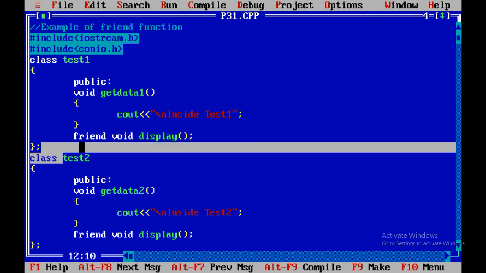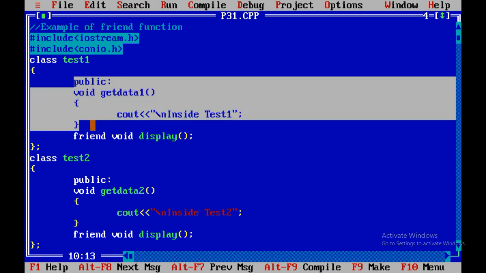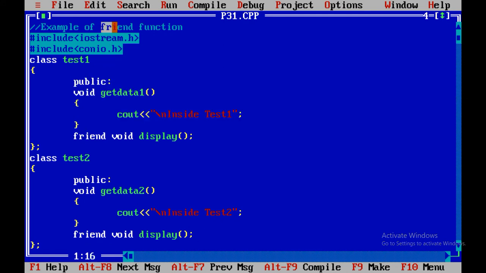Similarly, if I want to access getdata2, I can call it with the help of an object of the test2 class. So this is the general logic which we have already applied in all our previous programs. But over here we have used the concept of friend function. What is a friend function? What is the use of a friend function?